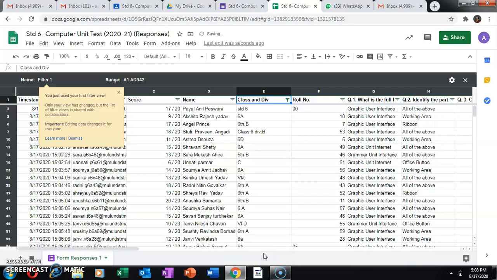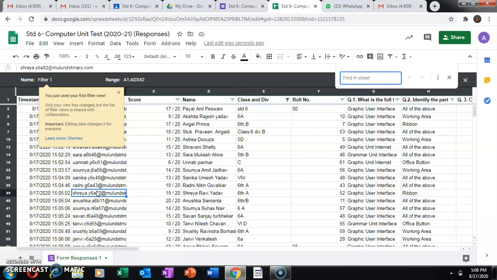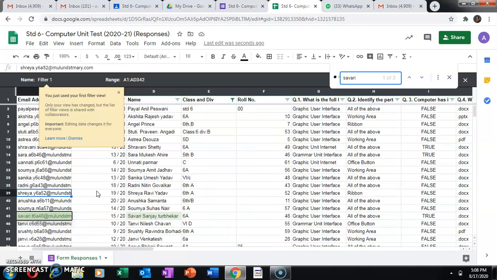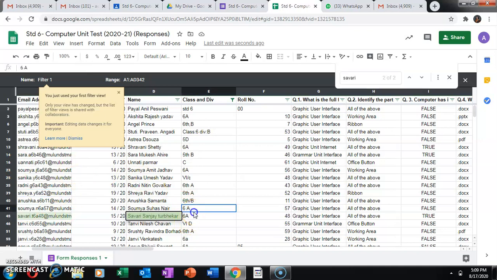And if you click on that, you can see the students of that particular class. Okay, so you can see the grades out of 20, how many they got. Or you can search for a particular student also. You press Control F. Okay, if you want to search for Savari, you click on Savari, you will get the name and which class and how many marks she got. Okay, so you can refer to this Excel file, and the same Excel file you can send to your co-teachers also.